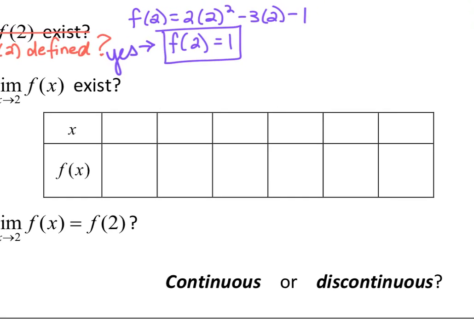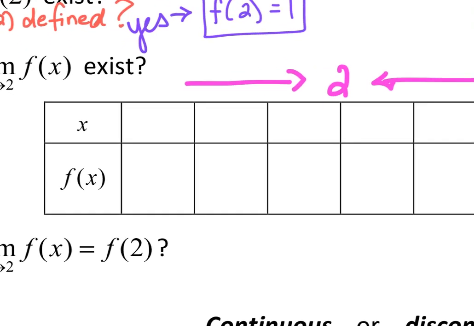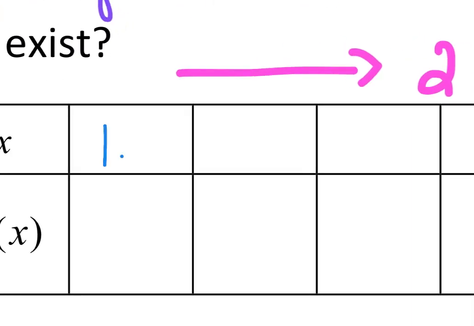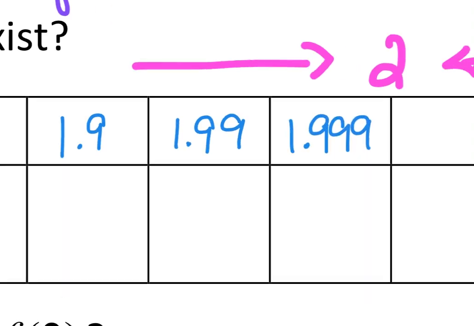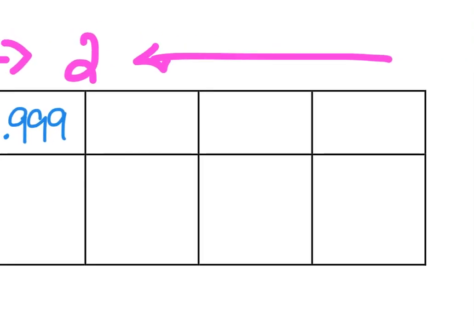So anyway, the limit is just the normal limit process that we've been doing. We're approaching, x value is approaching 2 from the left and from the right. And so I'm going to fill in those numbers starting at 1.9 here, 1.9, 1.99. And then over here, 2.1,